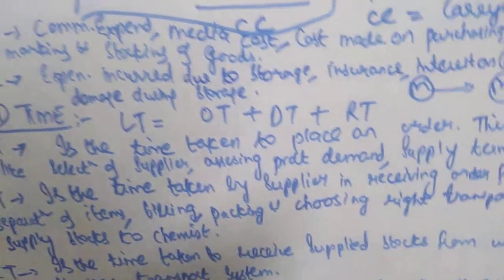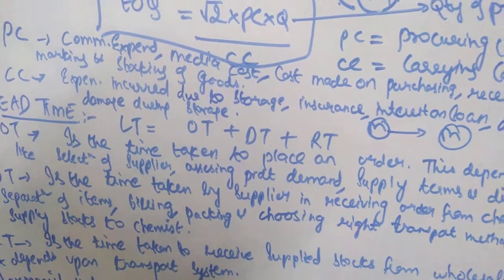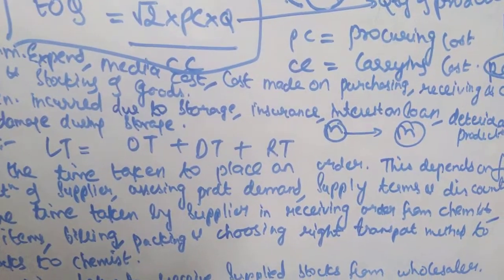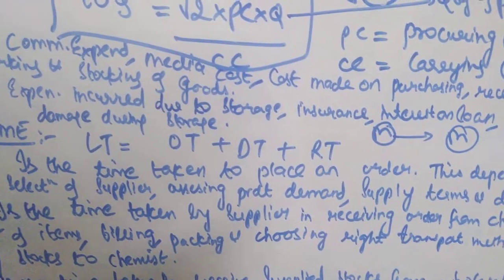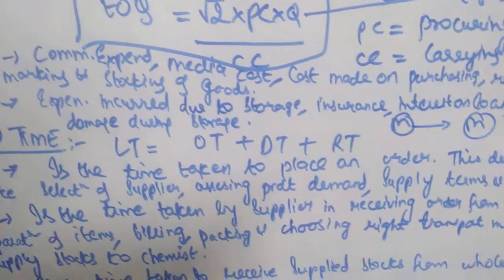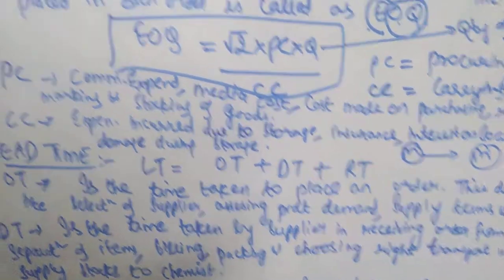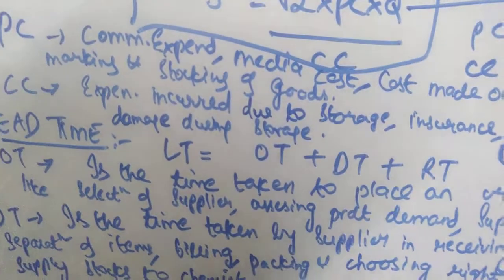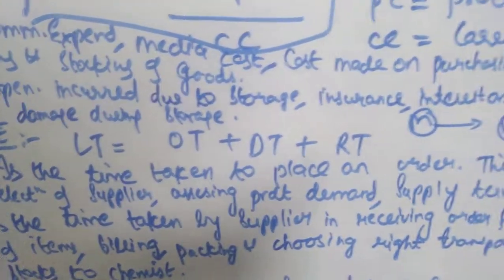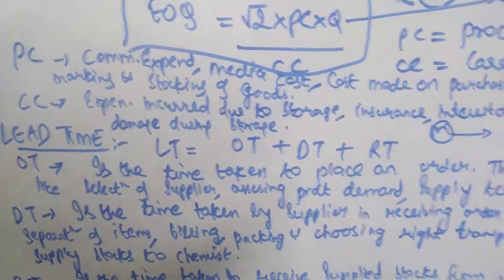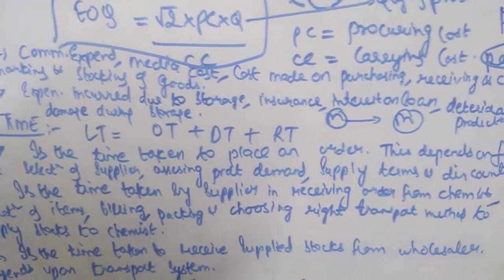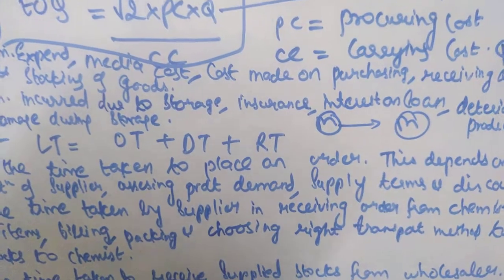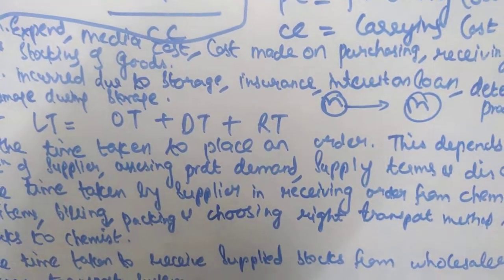Okay, so lead time is defined as the time gap between placement of an order to the supplier and the actual receipt of stocks. You are getting my point? Or lead time is nothing but when you place an order and when you get the receipt of stock. So what is the time gap between that? That is your lead time. It is the time gap between placement of an order to the supplier and the actual receipt of the stocks.